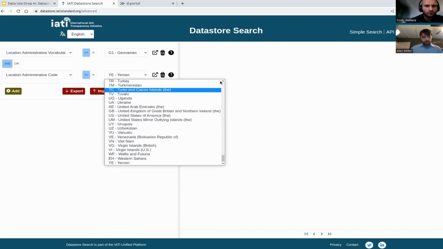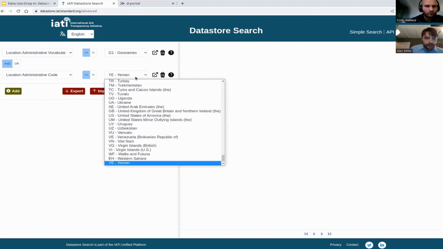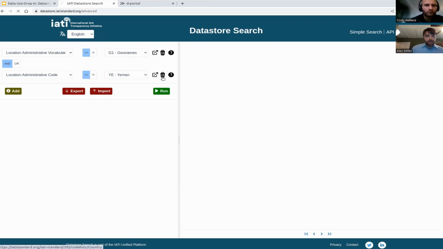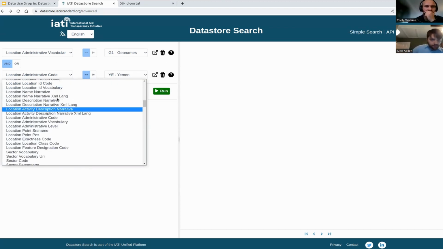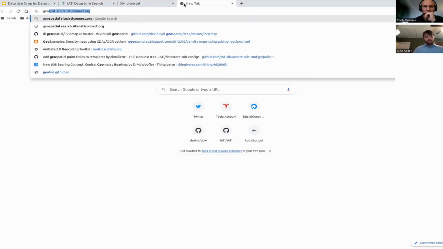We could do that in there. Well, okay, I guess in that case, it's not using a different vocabulary. But say, for example, you knew that it was within the reference code there. If you went to GeoNames,